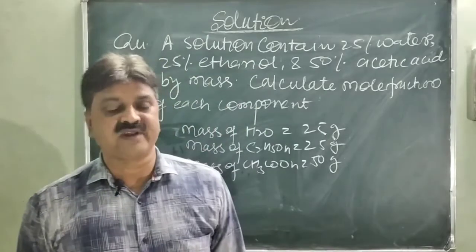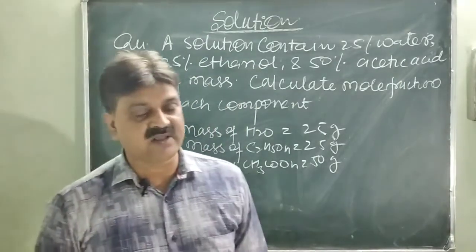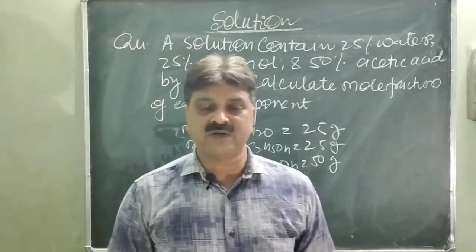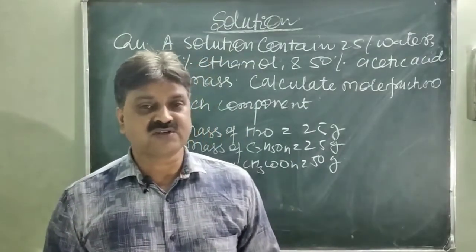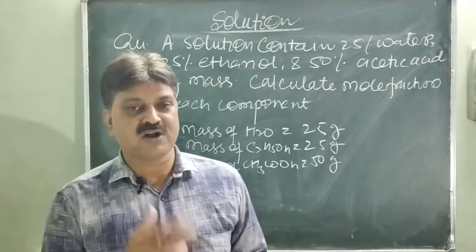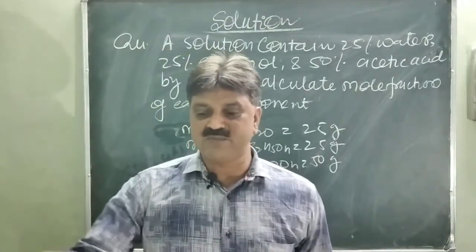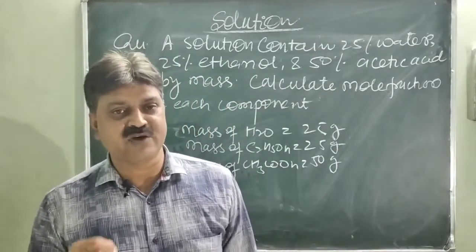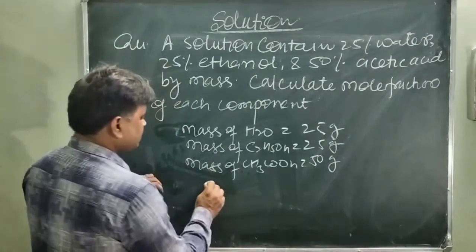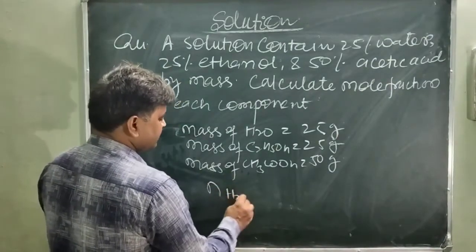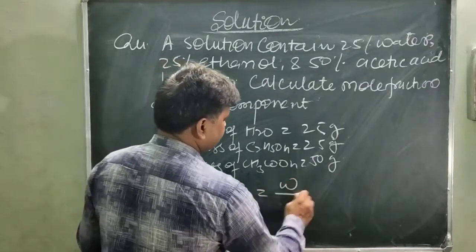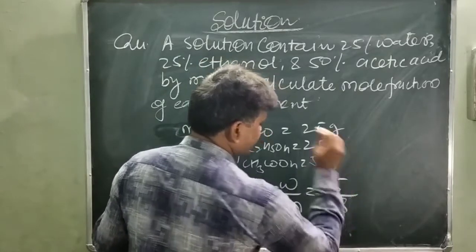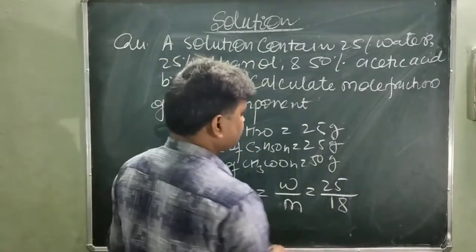So how do you calculate the mole fractions? Actually, I have earlier told that mole fraction is the ratio of the number of moles of one component to the total number of moles of solution. So first of all, we will find out the number of moles of each component. And how do you calculate the number of moles? You know that number of moles is equal to given mass upon molar mass. So the number of moles of H2O, n of H2O, is equal to given mass W by M, this is W given 25 gram upon molar mass 18. Is it clear? Similarly, n of ethanol.